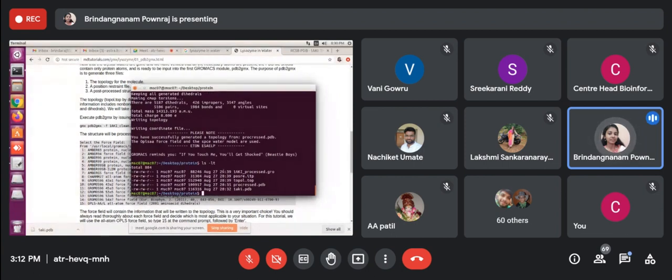Once you type that, all 3 files will come at the top: the .gro file, the posre.itp file, and the topology file. As I told before, 3 files. The topology file, the position restraint file, that is the posre.itp file, and then the .gro file, the structure file, meaning the GROMACS file. Okay.